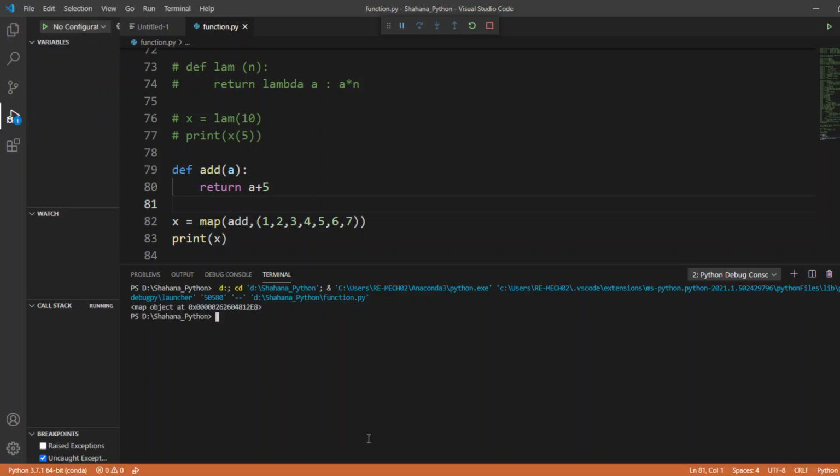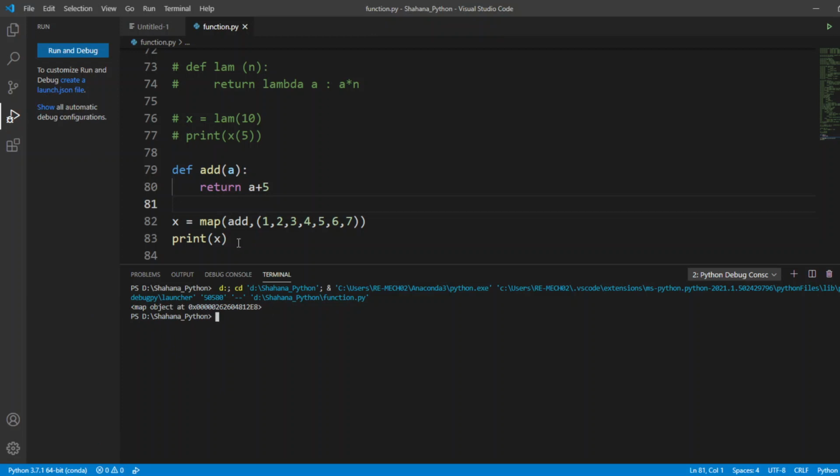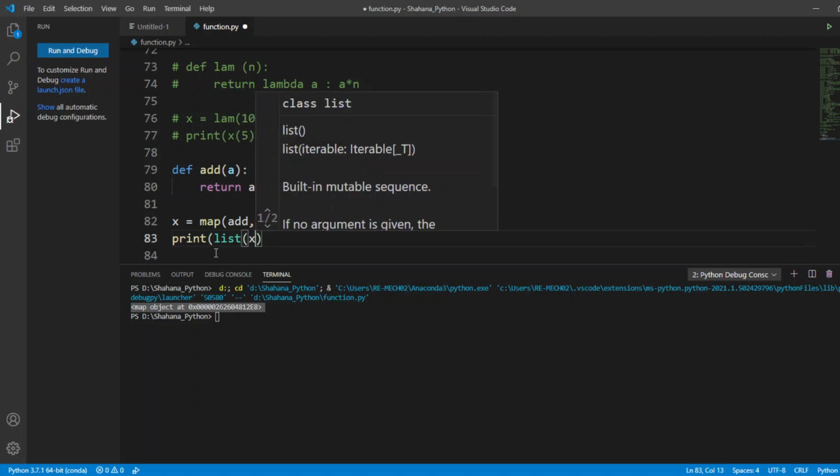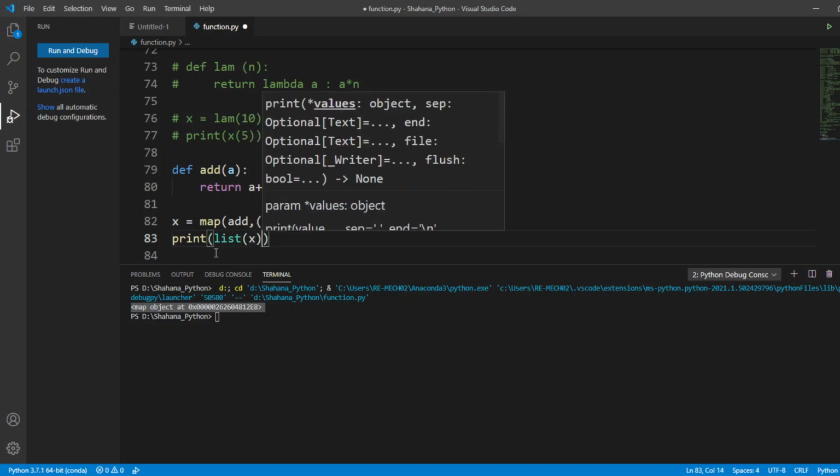Take some time. Okay, this is our output here. I'm just printing my x variable. This x is nothing but the map function as its value. You can see that it gives an output as a map object. This thing has been converted into an object here. What if I want the value of it? I should convert that x value to a list. If I print this,